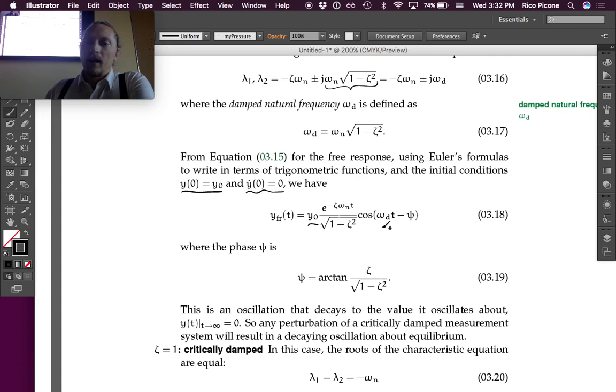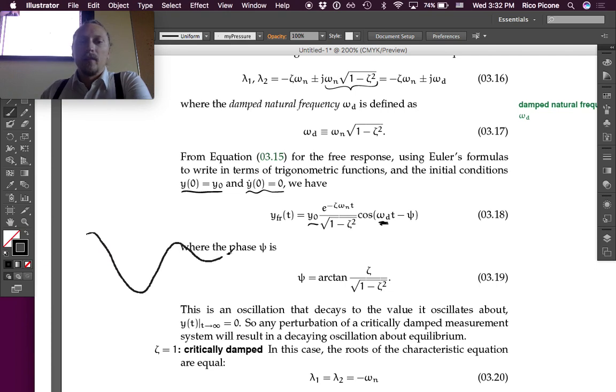So here's the initial value. We have this oscillation, this cosine omega d t. So it's a cosine that's oscillating at the damped natural frequency, and it has a decaying term out here, e to the negative zeta omega n t. So this is something that's oscillating but decaying, right? So cosine's maximum value is 1, so we could think of this as being cosine going along, and then e to the minus zeta omega n t is